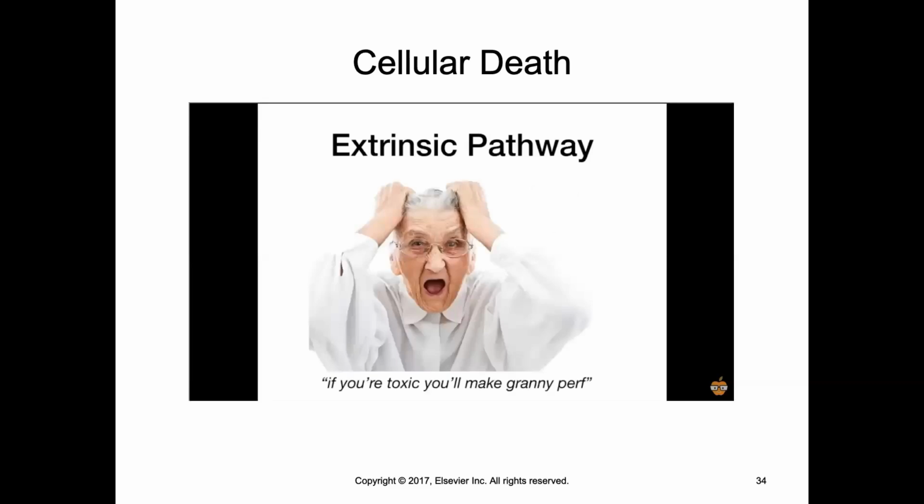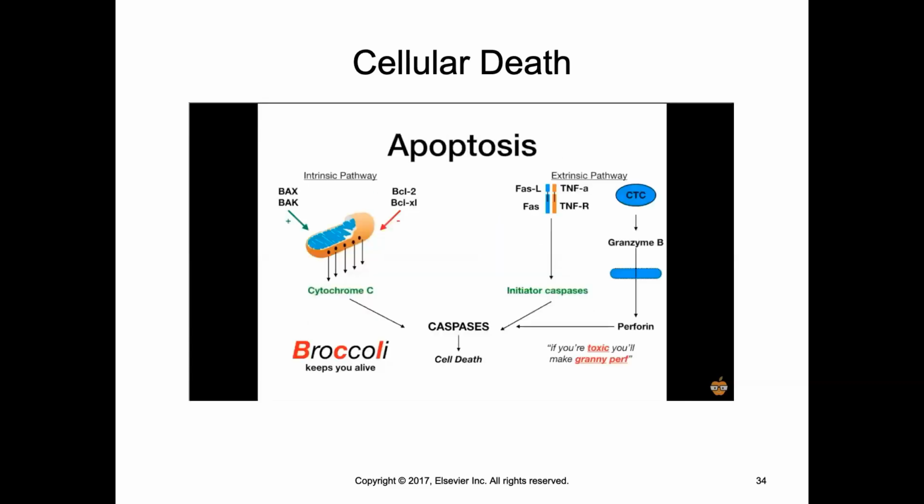So don't be toxic to granny and cause her to perf. That's the extrinsic pathway. If you're toxic, you'll make granny perf. Toxic for cytotoxic T cell, granny for granzyme B, and perf for perforin. Again, all of these pathways, intrinsic or both of the different types in extrinsic, they all end with caspases causing